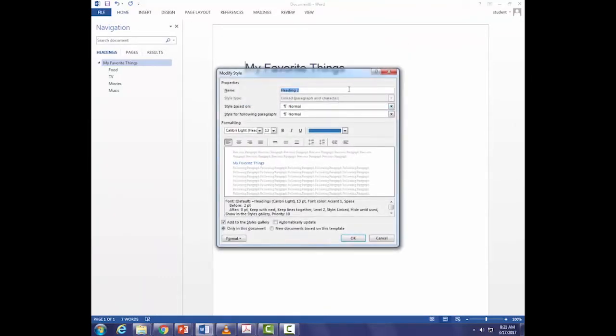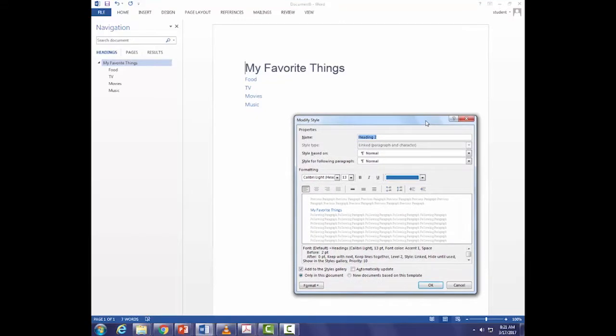And just to distinguish for myself, you don't have to do this. This is what's great about America. You can do what you want to do. I'm going to leave the color the same. I'm just going to change the font and make it slightly bigger. Now I want you to change your Heading 2s the way you want to. If you want to leave it the same font, do that. But I'm going to leave it that color, change the font size to 20, and change this to Arial as well. That's just me for my Heading 2s. And I'm going to click OK.